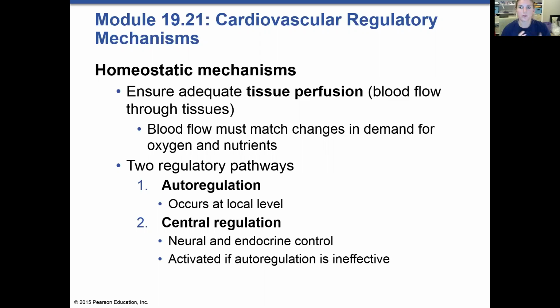So the blood flow is going to be readjusted depending on the demand for oxygen. That demand for oxygen is based on the metabolic activity that is put forth by those particular organs. So there's really